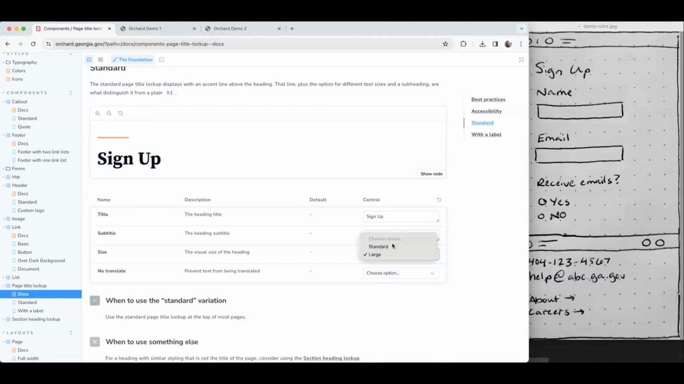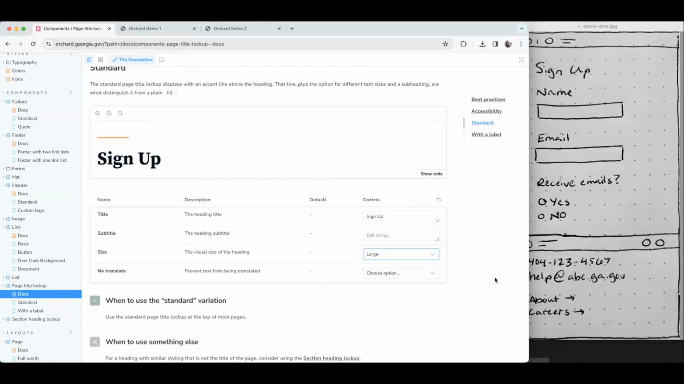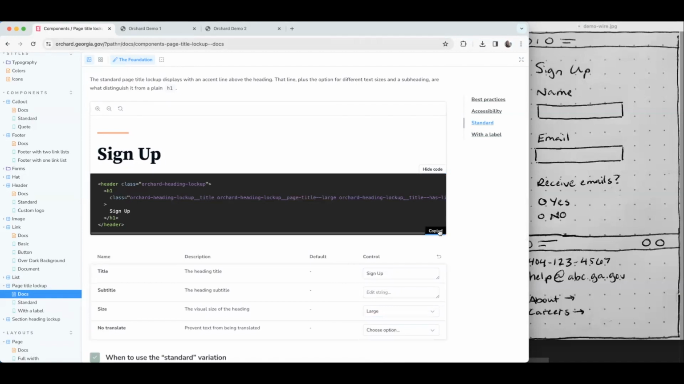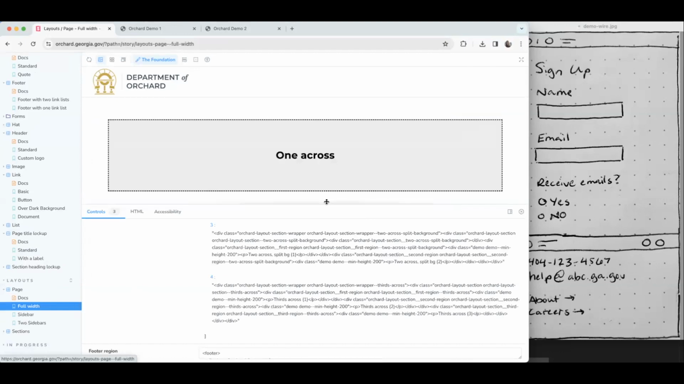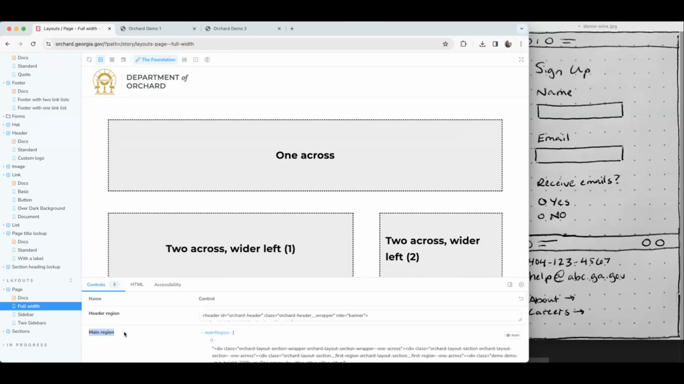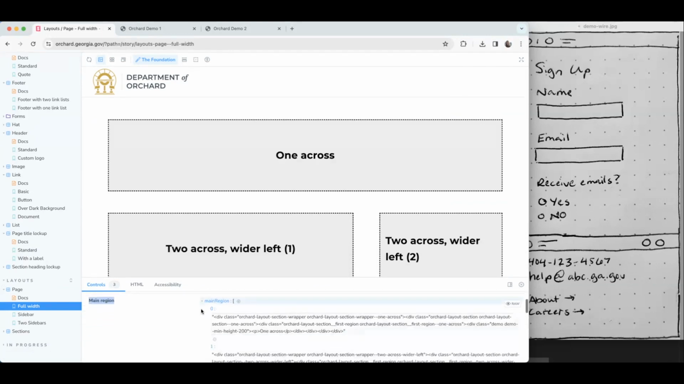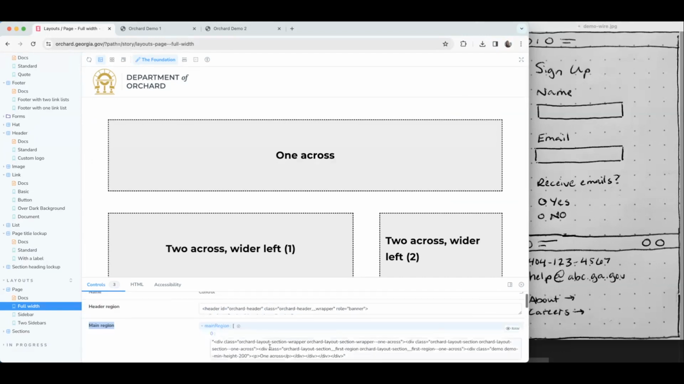And you can choose between large and standard. Let's go ahead with large on this. And we can copy this code. Now for this, we have our page, right? But within this main content area, you can see we have it called main region. And then there are all these different sections inside of it. I would recommend, rather than trying to parse through the code that's in here and edit it within this page layout,